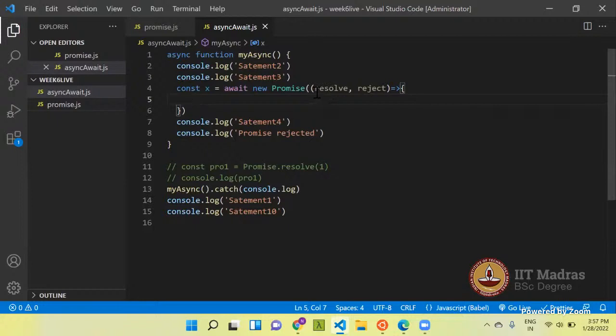But whatever names you write here, that function will be triggered when the promise gets rejected or resolved.